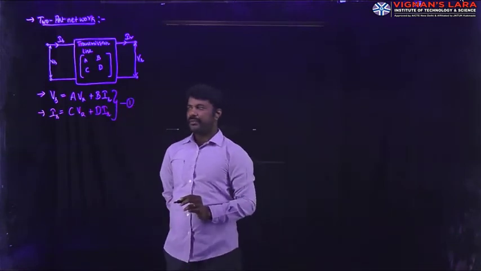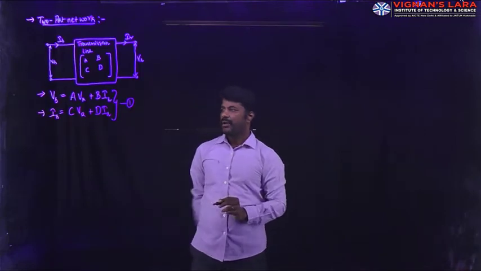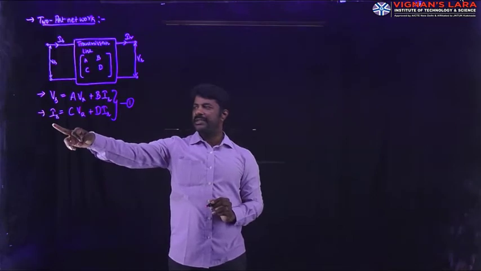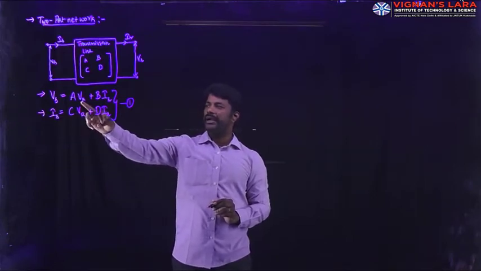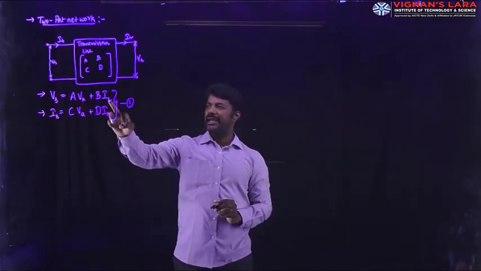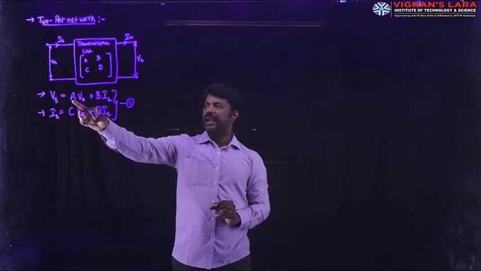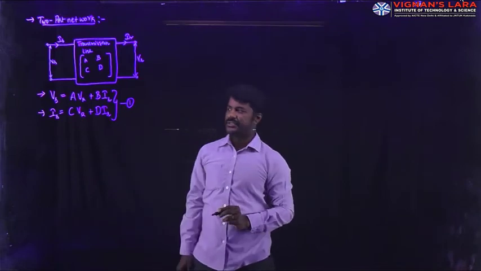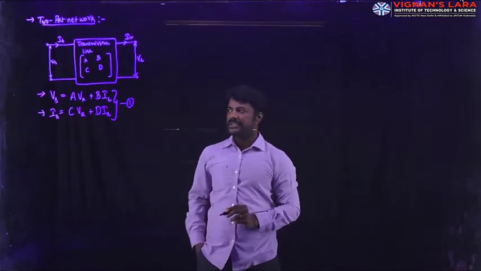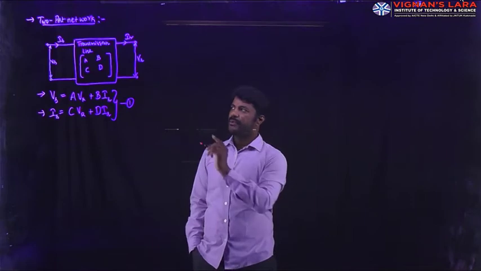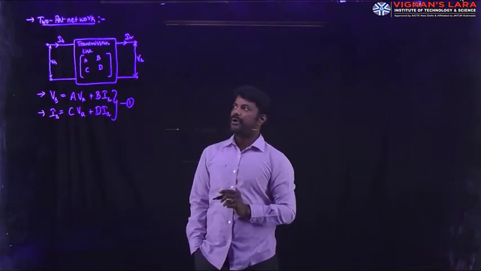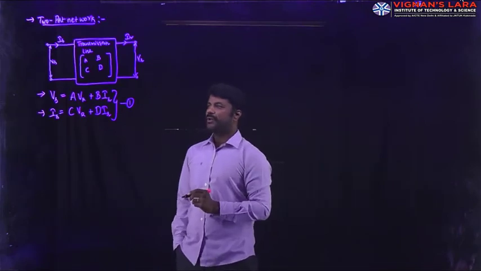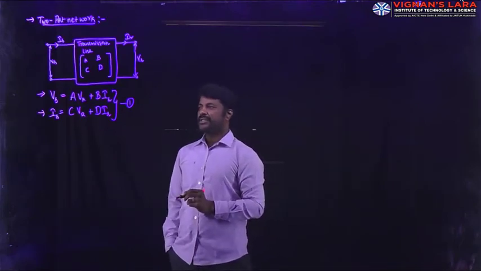This set of equations calculates the input voltage and current, Vs and Is, in terms of the known quantities VR, IR with the constants A, B, C, D. Thereby, with the help of these equations, we can estimate the input power. Power P is equal to VsIs cos phi s. So let us define what these transmission line constants are in detail.